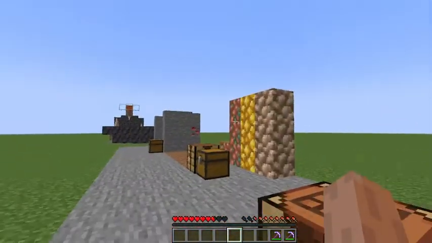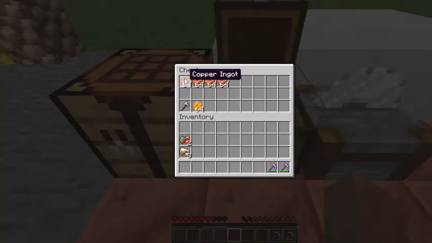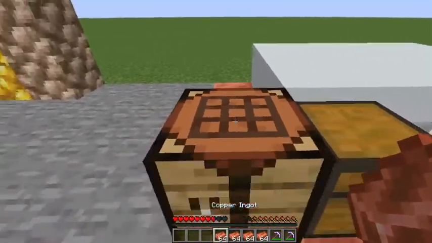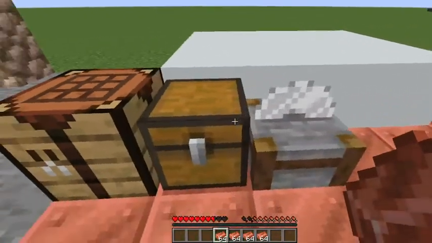But we already know what you can do with iron and gold. Iron and gold is pretty universal, but what the hell can you do with copper? Well, I went ahead and smelted up a lot of copper for you guys. I definitely didn't creative mode it. And what you can do with copper